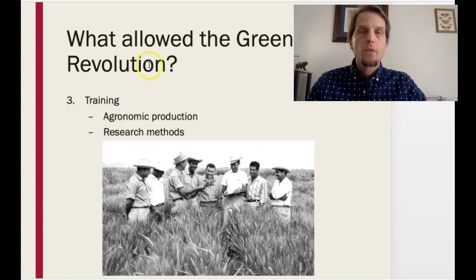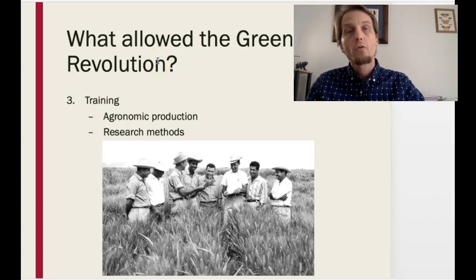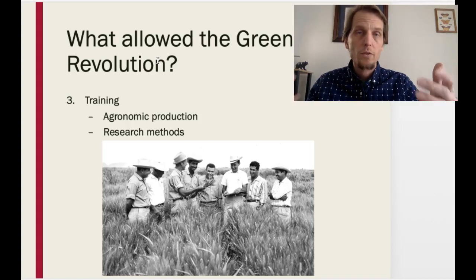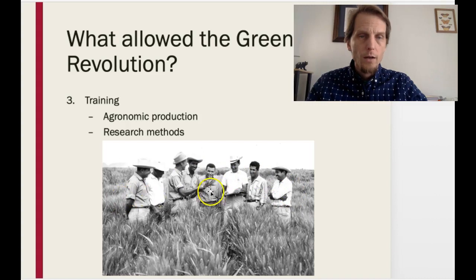Third, training. We can give all the food that we can grow, but it's not going to help the country sustain itself. So training the local and commercial farmers and getting them to go from, again, local farms, which are necessary, also to potentially commercial farms, again, as Sarah Menker spoke of. So they taught them research methods, agronomic production. Very skeptical. All these people are very skeptical. Here's a picture of Norman Borlaug showing the Mexican people. Of course, the increased yield, I mean, that is just really thick right here compared to what they had before.